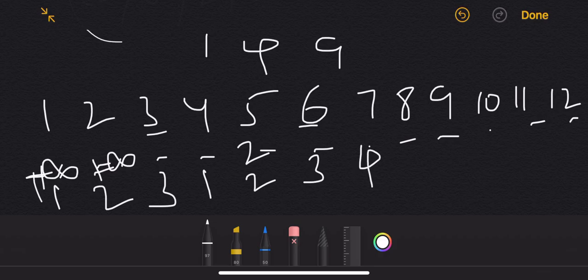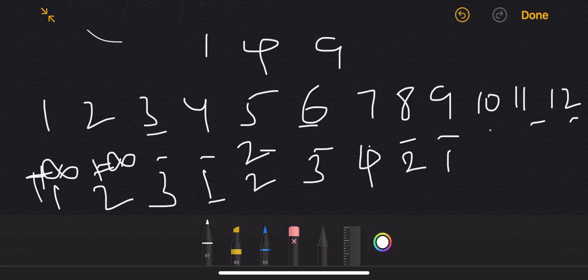And for 8, we can come to 8 from 7, or we can come from 4. In this case, why will anyone come from 7? Because we are making 4 hops to come to 7 itself, and for 4 we are making just 1 hop, and to come to 8 we can come in 1 hop from 4 or 7. So just take this 4, which is 1 hop, so we can come to 8 in 2 hops. And 9, again 9 is a perfect square, so we don't have to do any hops at all, it is already by default 1. Let's take 10.